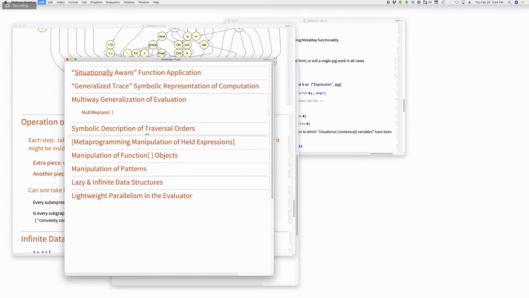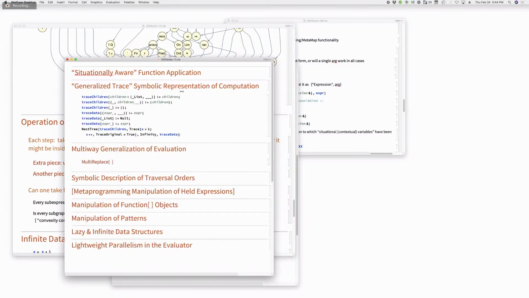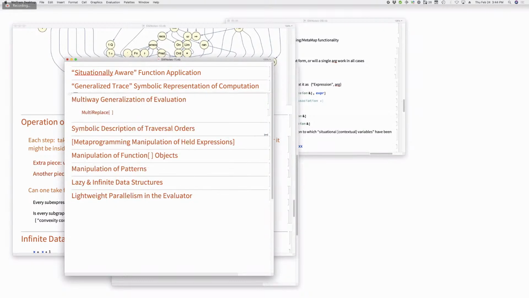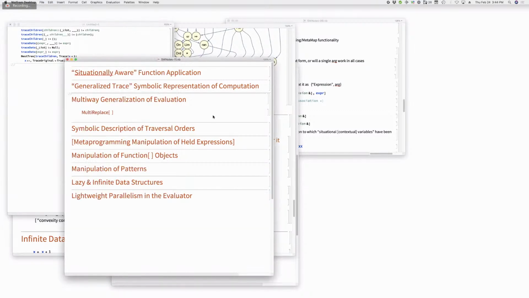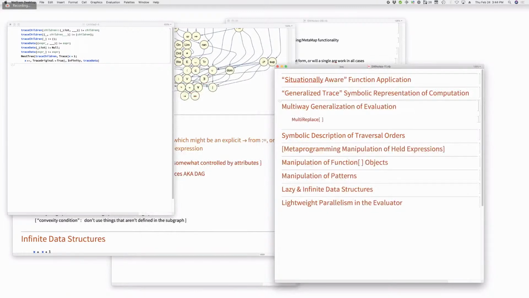All right, so Ian, as a piece of code, can you say what this code is supposed to do? This is some code that Jose and I put together for converting the output of trace into a tree. Ah, okay. Let's put this in a separate notebook here. Okay, let's take a look at that.